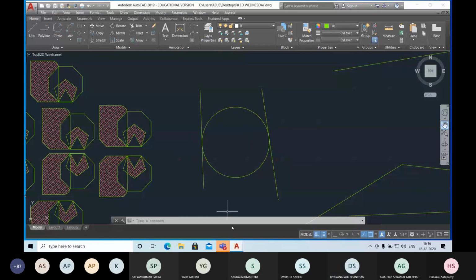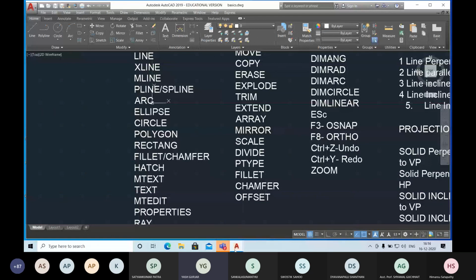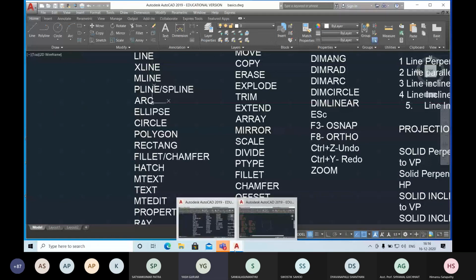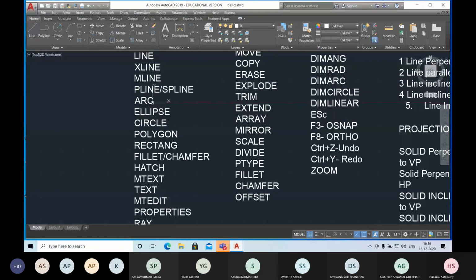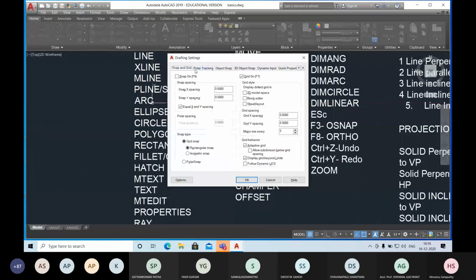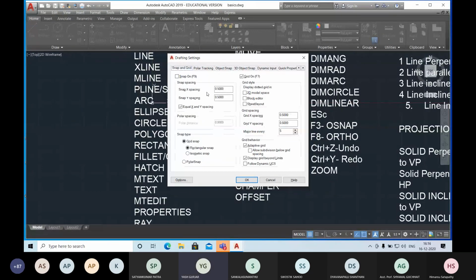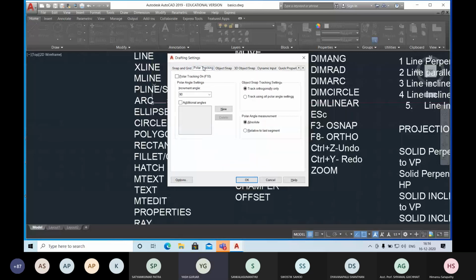Anything more? One more doubt, sir, about the OS dynamic setting. Please explain again. OS is a combination of settings. You can type the OS command. Whatever shortcut keys you find on the bottom line, like snap and grid, polar tracking, object snap, you can find all the options in the drafting settings. Snap and grid are F9 and F7. F7 shows the grid. If I tick this off, then F7 grid will disappear. These are the shortcut options.